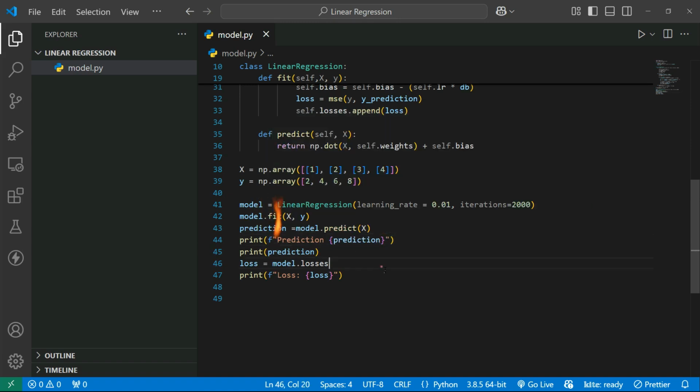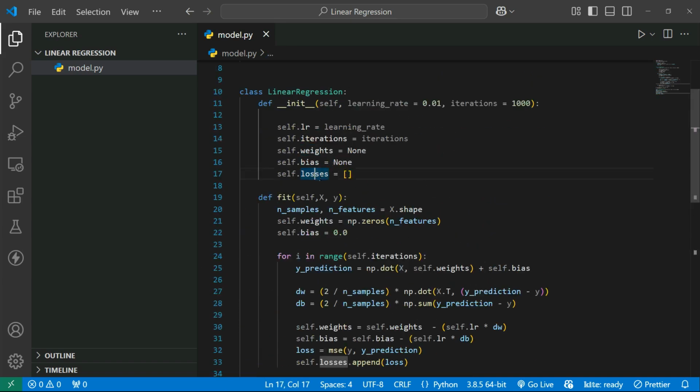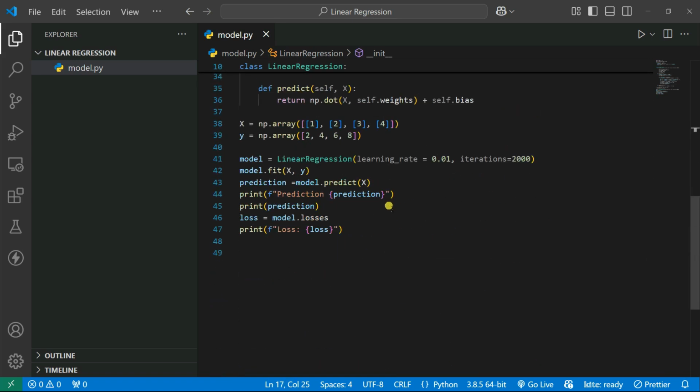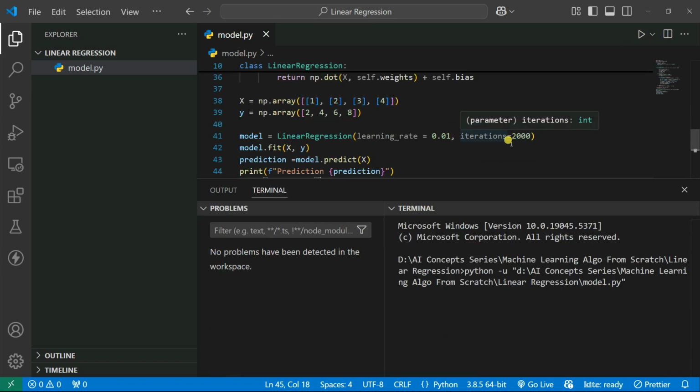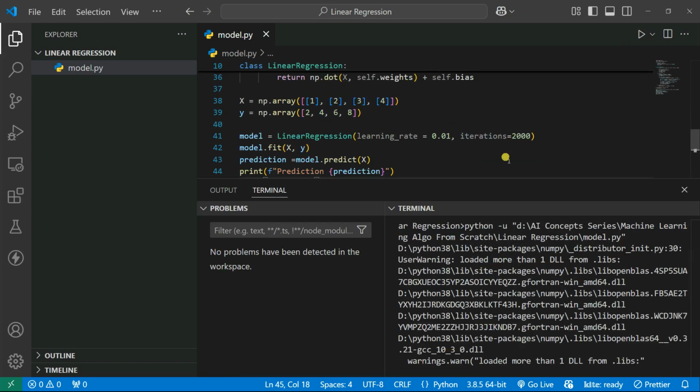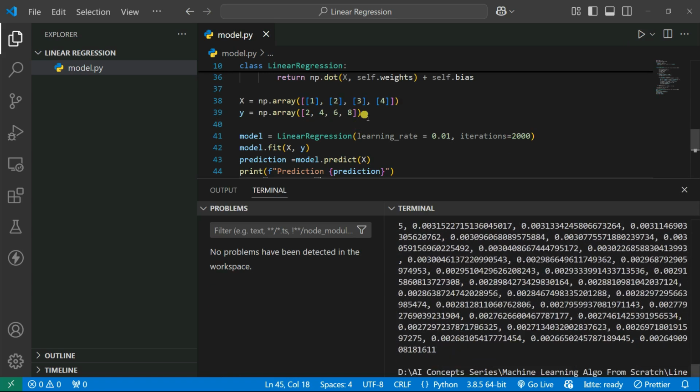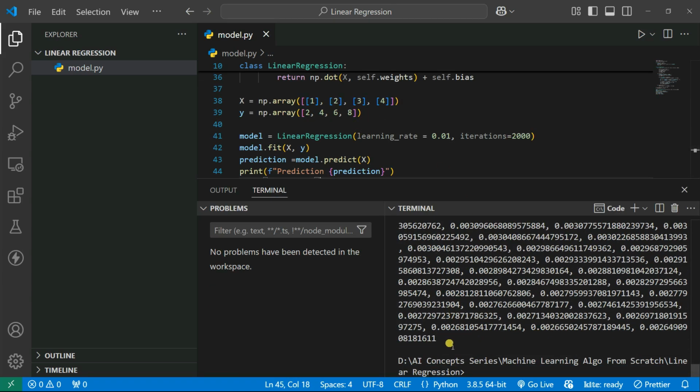Okay, so in this loss section you can get all of the values as a list, because this is passing one list of values. So what you can do is simply save this one and run it. So you have the 2000 iterations. Obviously, it will take a few seconds, and our data is quite small. So see, we have the loss of